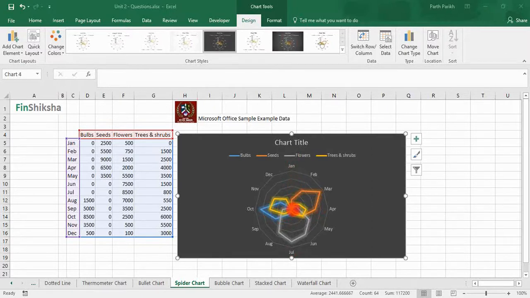When it comes to seeds, it has some requirement, and then in February it grows, March is maximum, in April it comes down, May, June. June is technically zero. So that's what it shows. When it comes to flowers, it starts with January, it had a little requirement in February. It grows in March. It is maximum in June and July over here. So where it is pointed maximum, June, July, and August, it is maximum. It just shows the expense when you are creating a seasonality.